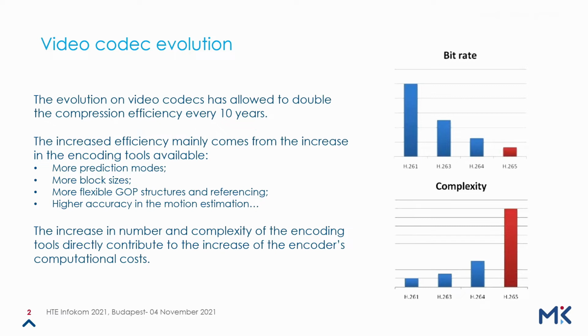So the big problem is that that increase in efficiency doesn't purely come from switching to a completely different paradigm, but mainly from refining existing tools and also increasing the number of those tools and exploring more options. For example, we started on MPEG-2 with no interprediction. H.264 pushed that to 9 interprediction modes. And HEVC raised that number to 35. So you can see adding more modes will obviously improve efficiency, but will also impact the computational requirements of